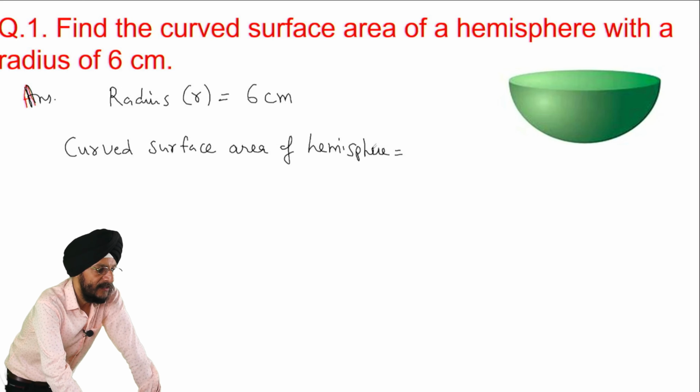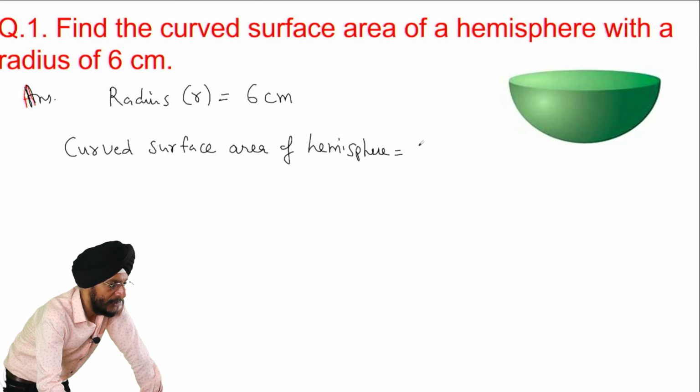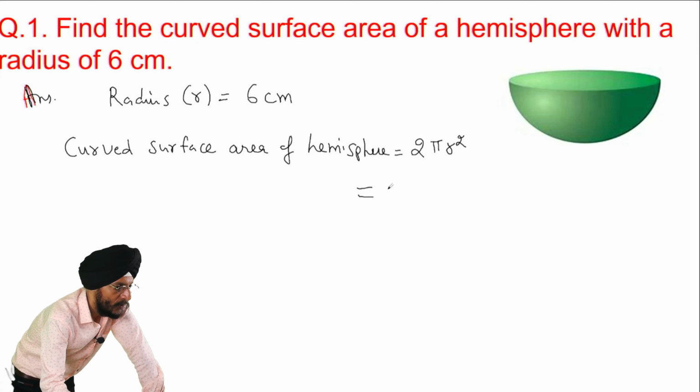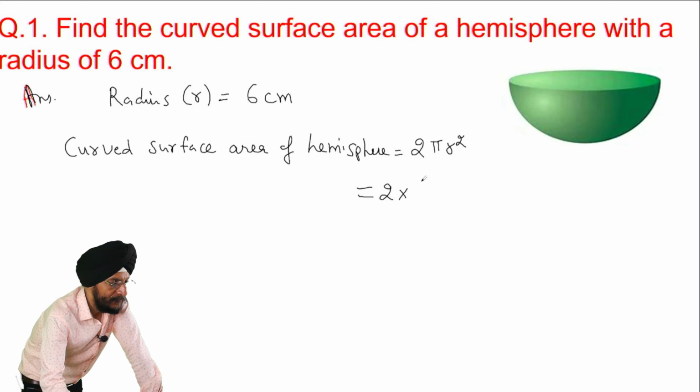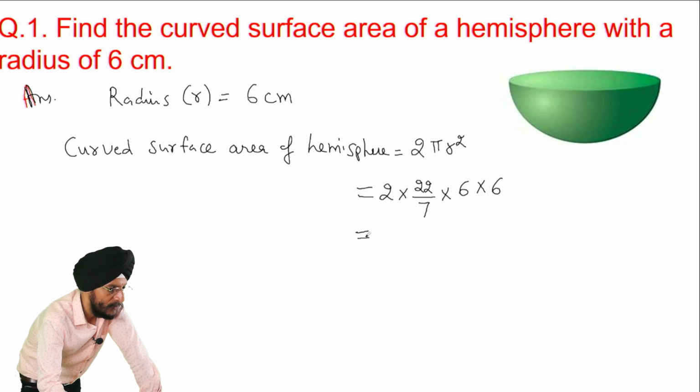We have already learnt that we can calculate the curved surface area of hemisphere by the formula 2 pi r square. So now we will put in the relevant values. We know that pi is a mathematical constant and which is represented by 22 over 7. Now we will put in the value of r square. R is 6, so then we will put 6 again. So now it becomes